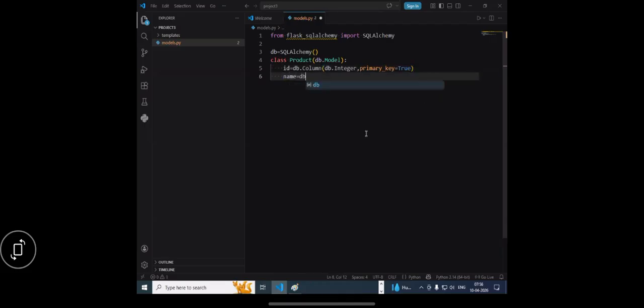And name equal to DB.Column, and DB.String. So here you can put nullable. Nullable equal to what here? False. Okay, it means nullable equal to true means null is allowed. Nullable equal to false means null is not allowed. Means this is a required field or not? Yes. So there is ID, there is a name,